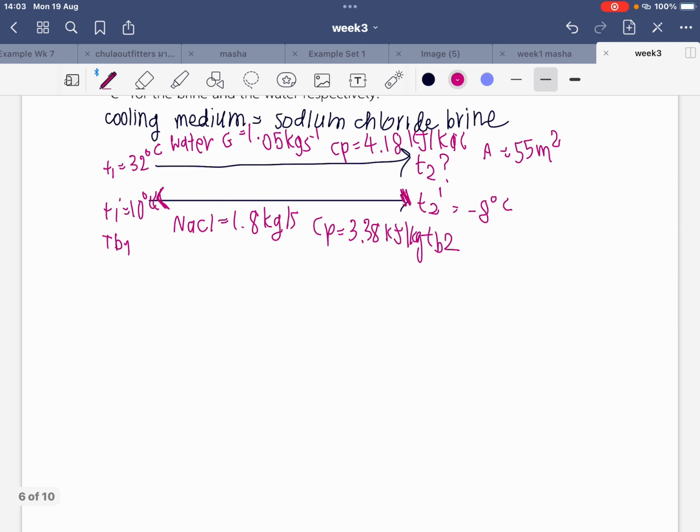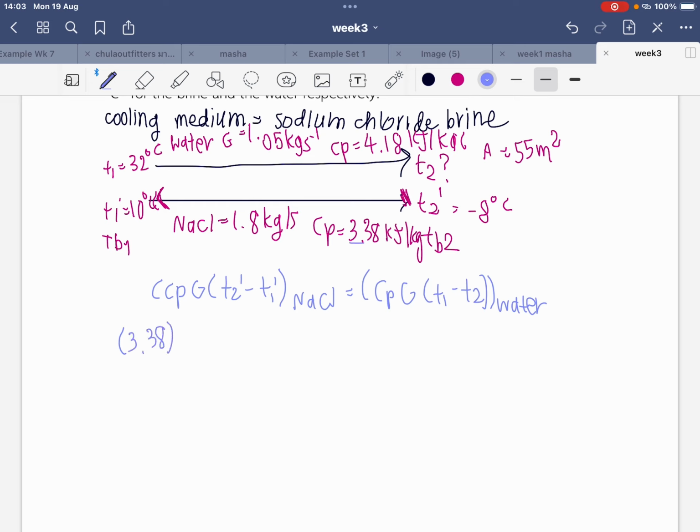So the formula is CP of NaCl equals CP plus T2 of water, and then we can substitute, which is CP of the second one here, 3.38 times 1.8 times 10 minus